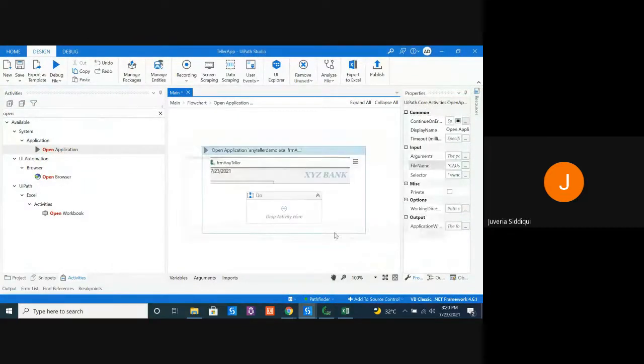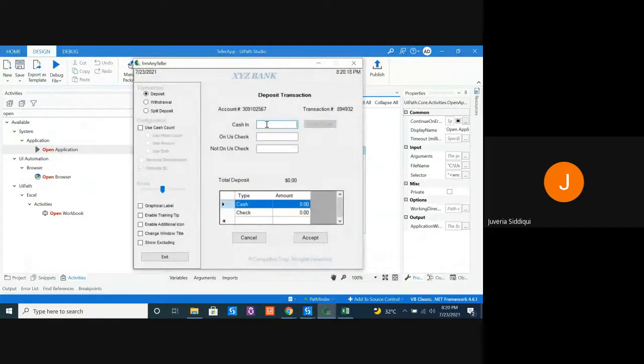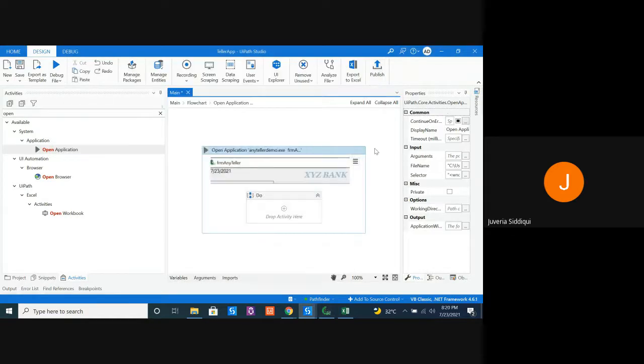Yes. And then I have to type in certain values, like 1, 2. Then I have to type in some values in the not honest check, then something on not honest check and not honest check. And once I do that, I'll get a transaction number and total deposit. This is what I want, a transaction number and total deposit. So let's start coding for this.